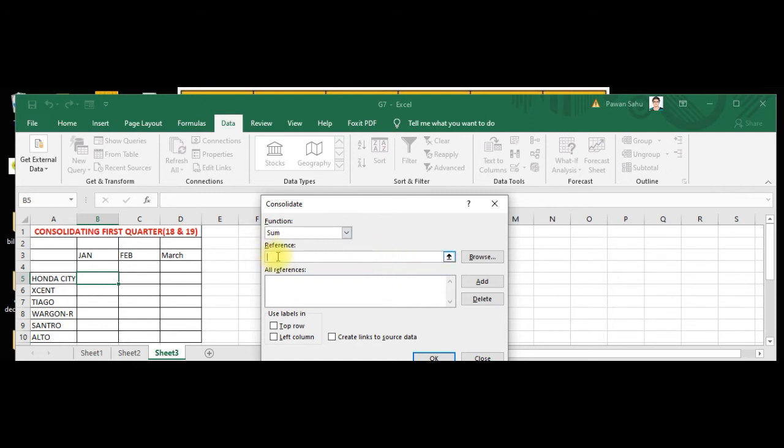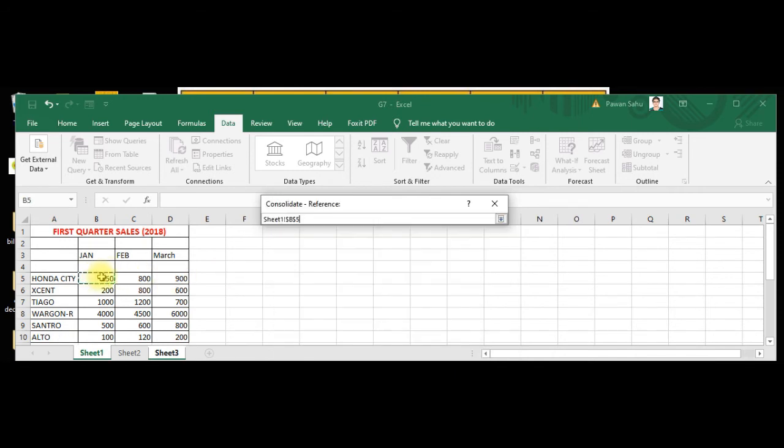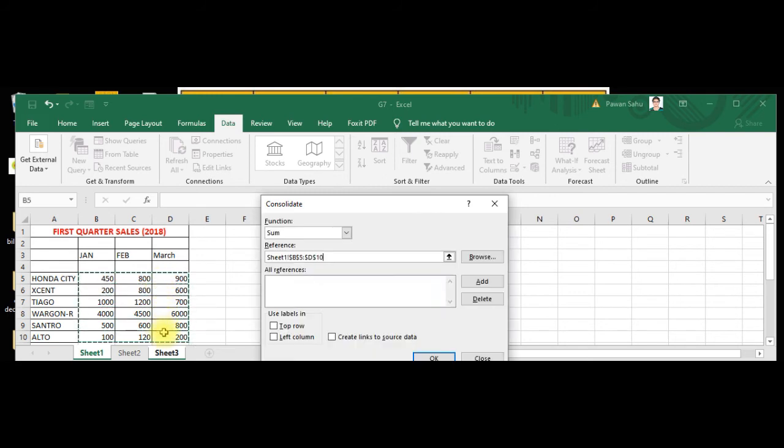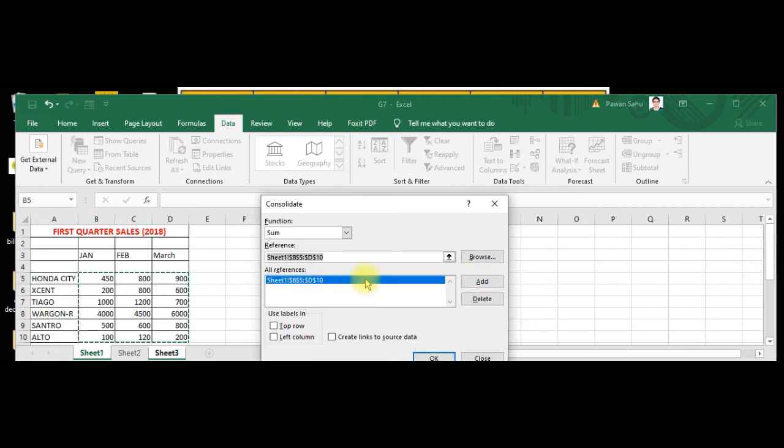Click on the text box under Reference and then select sheet 1. You can see sheet 1 is here, and select the range that you want to add. The range is selected automatically, then click Add. It is added.